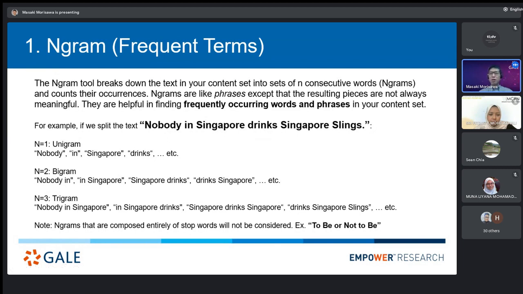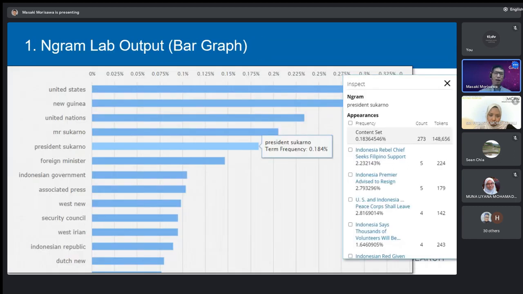And basically the tool will look into all of the words in your content set and count which are the most frequently appearing words and phrases. And it will come up with a bar graph like this. I think this was a content set on Indonesia, a collection of Indonesia-related newspaper articles. I think I specified the n-gram to be bigrams, so each of these are two-word phrases. The top one was United States, followed by New Guinea. And you can inspect any of these n-grams and look into which content sets or which documents they came from